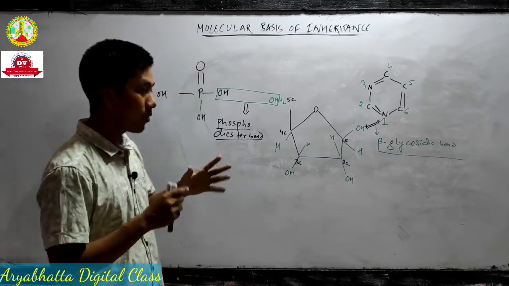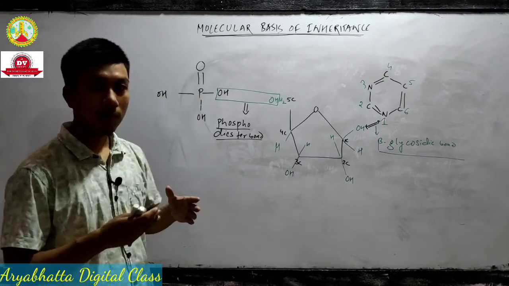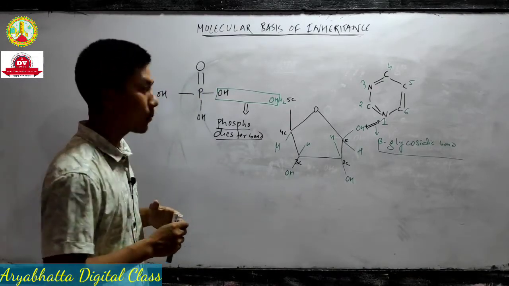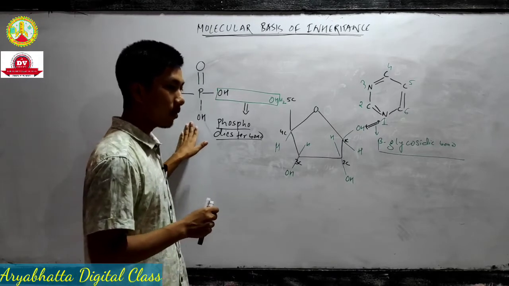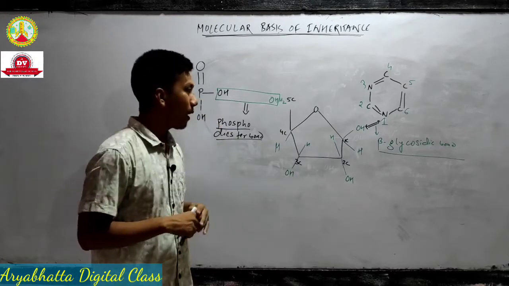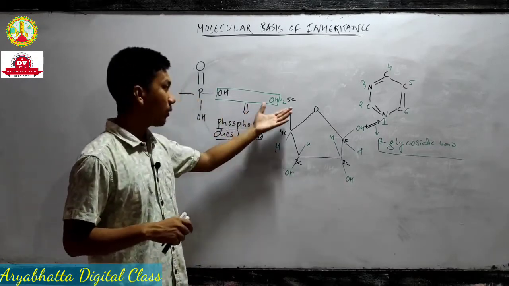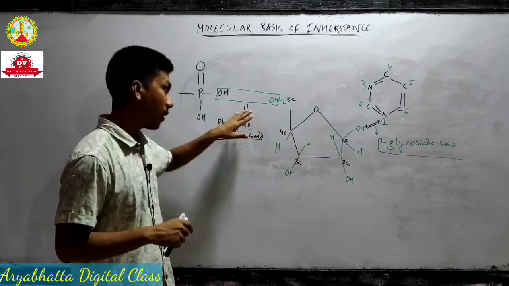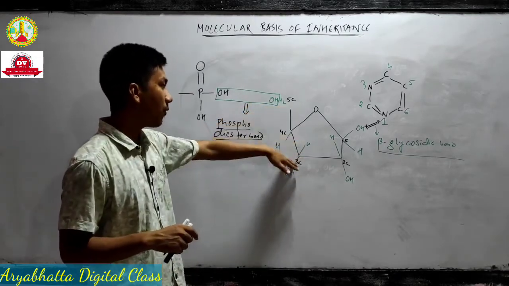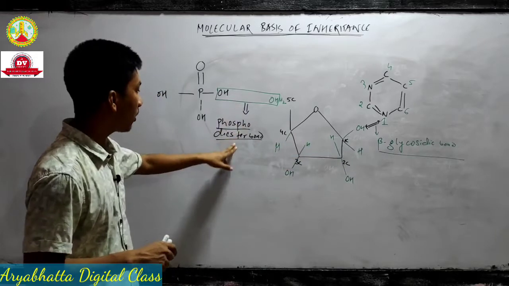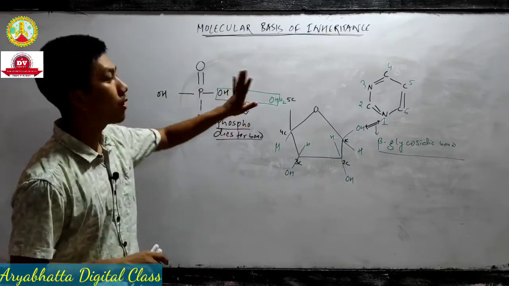That's it. The structure we have seen and the bond we have seen. Phosphate group: the structure, try to remember. It maintains the charged particle, and it makes the bond with the 5th carbon of pentose sugar. One of the hydroxyl groups makes the bond with the 5th carbon of pentose sugar. The bond is known as phosphodiester bond. So this is the overall structure of